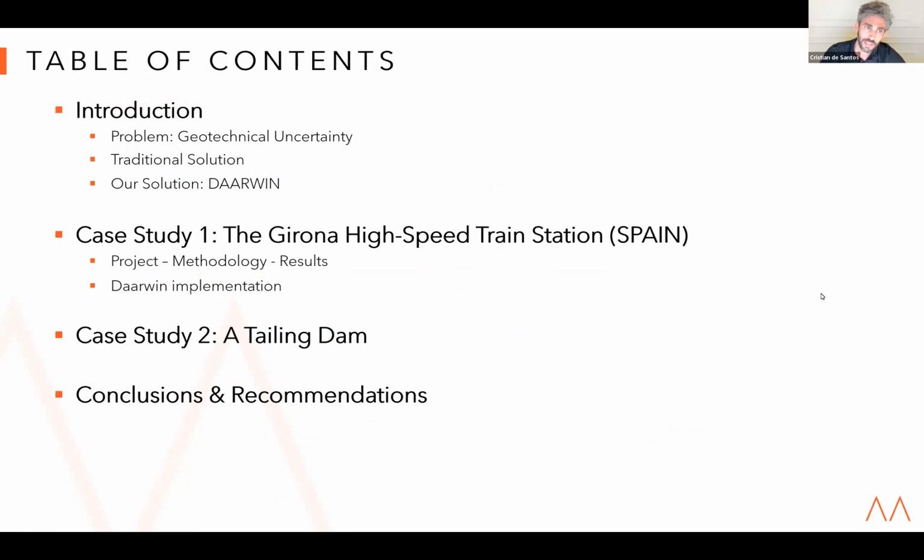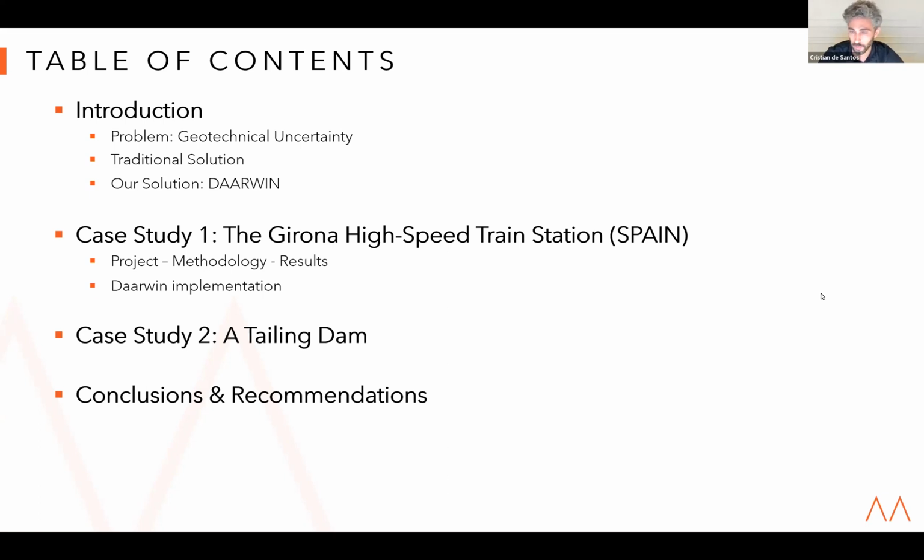So the presentation of today, my idea is first giving an introduction in terms of the problem of geotechnical uncertainty or how geotechnical uncertainty is affecting the industry. I will show the traditional approach as well as our solution. Then I will present a first case study, which is the Girona high-speed train station. It's an underground station near Barcelona with details in terms of the project, the methodology, and the results, and how